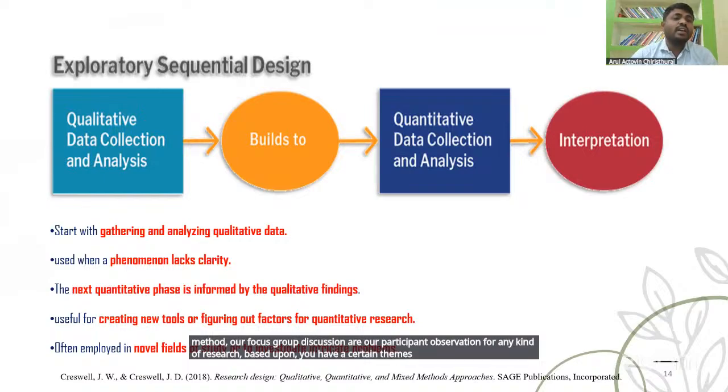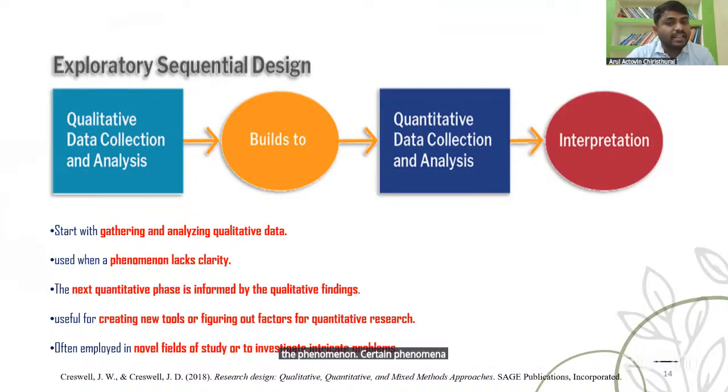If certain phenomena lack clarity, we can go for the next quantitative phase, which is informed by the qualitative findings. So we have qualitative data collection first, and after analyzing, where certain phenomena lack clarity and further quantitative explanation is needed, we go with the quantitative phase.